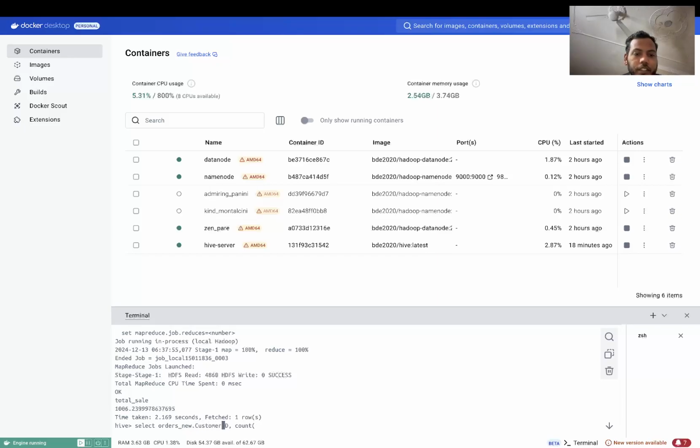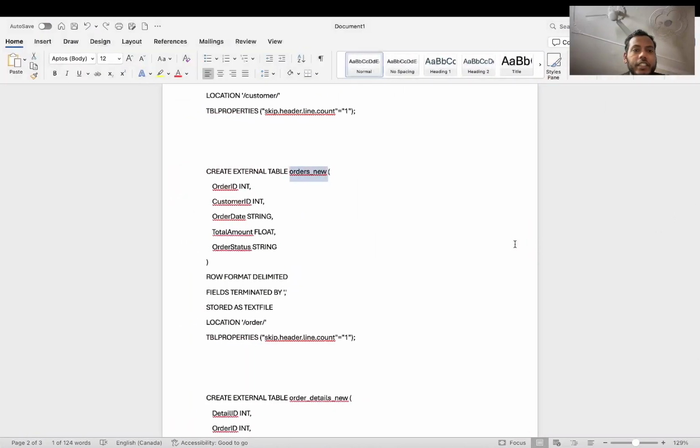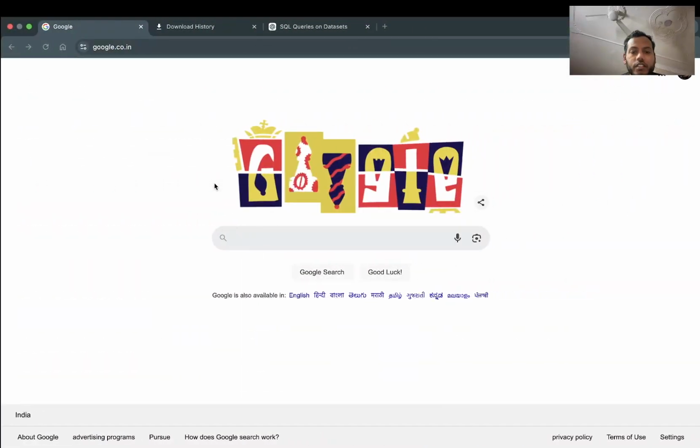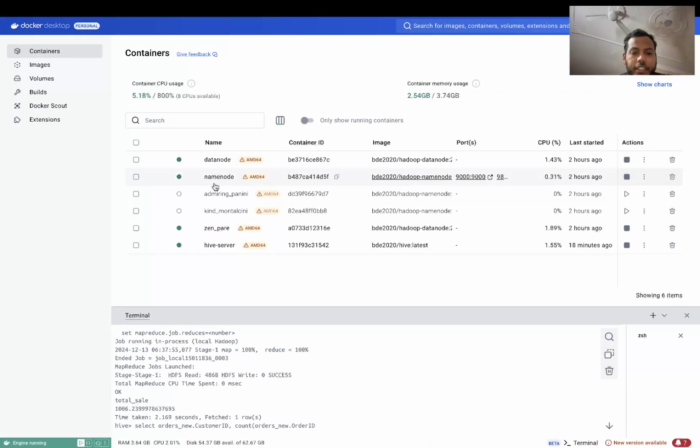New customer ID and then count of order new order ID, and yeah, we can directly take the column name here. Order ID from our table name is order